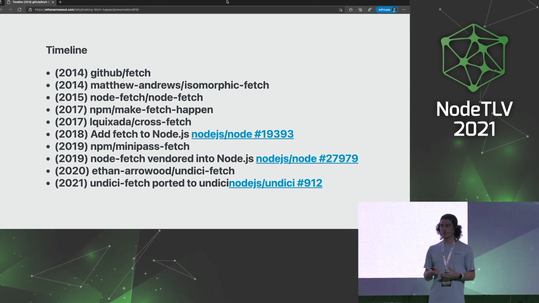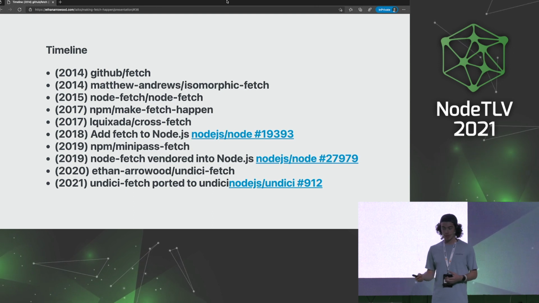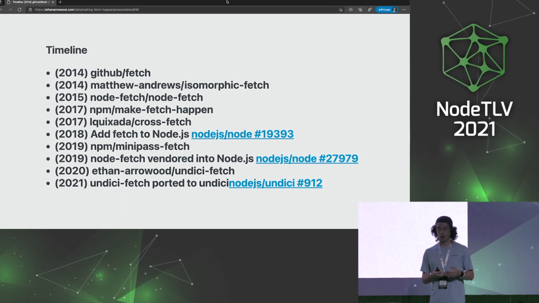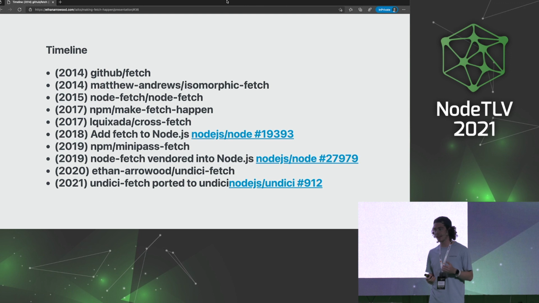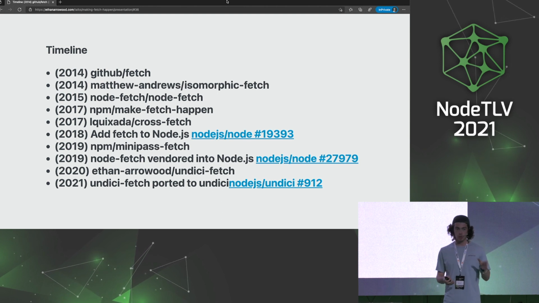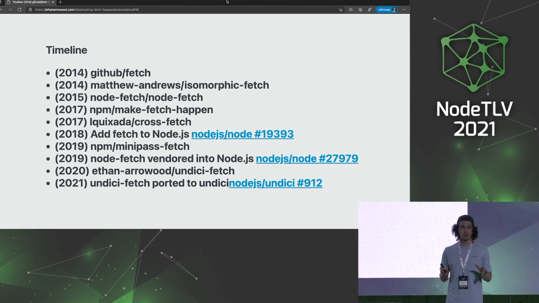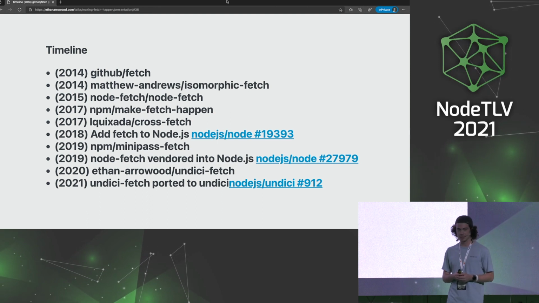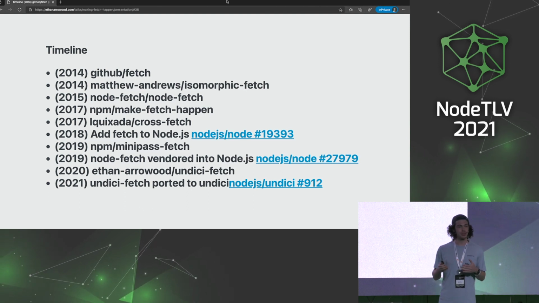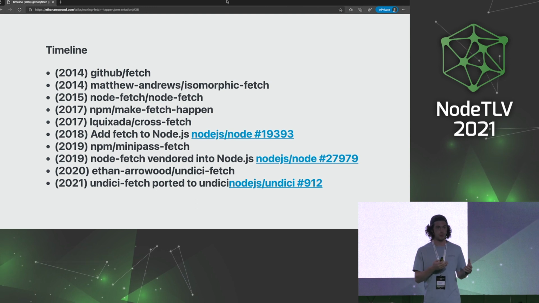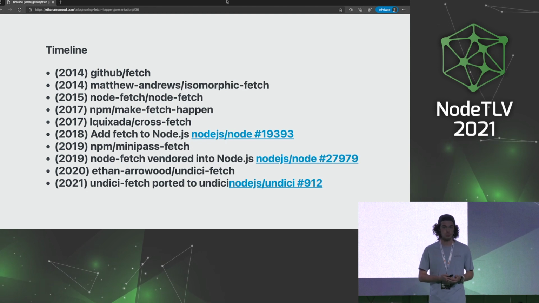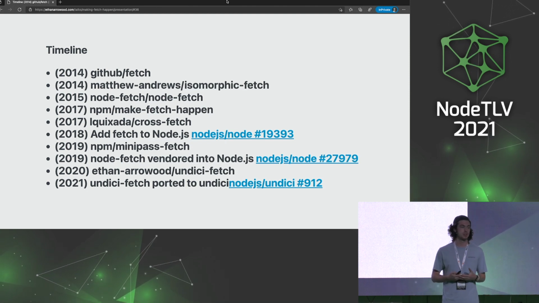And from there was definitely a desire for the fetch API in Node.js. In 2018, the issue opened up about adding fetch to Node.js. From there, NPM, again trying to make fetch as fast as possible, rewrote it using something called Minipass, which is their own custom streams implementation. If you want to know more about all the different ways JavaScript developers like to do streaming, that is for another talk. I think someone even made that joke earlier today. In 2019, NodeFetch was vendored into Node.js, or at least a PR was opened to vendor NodeFetch into Node, but it never made it. We don't normally vendor things into Node.js, but this was a way to sort of get the conversation going and really get